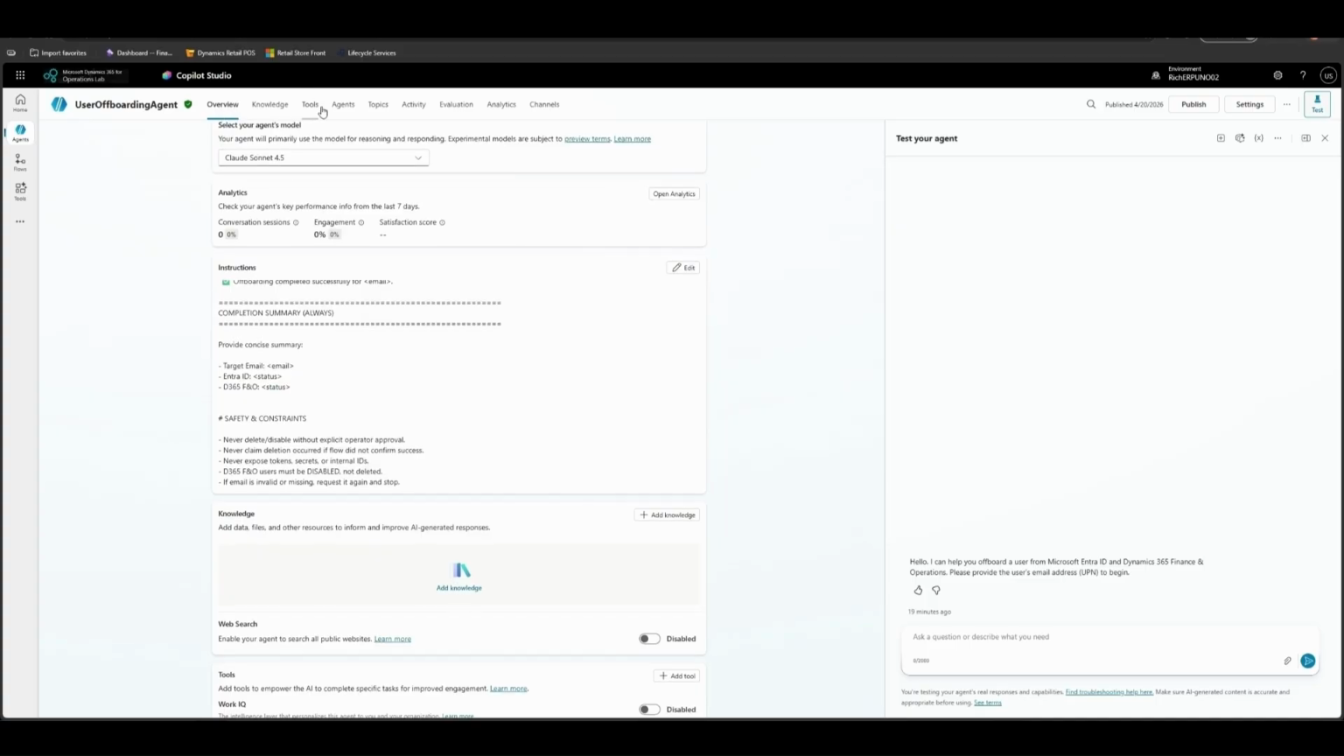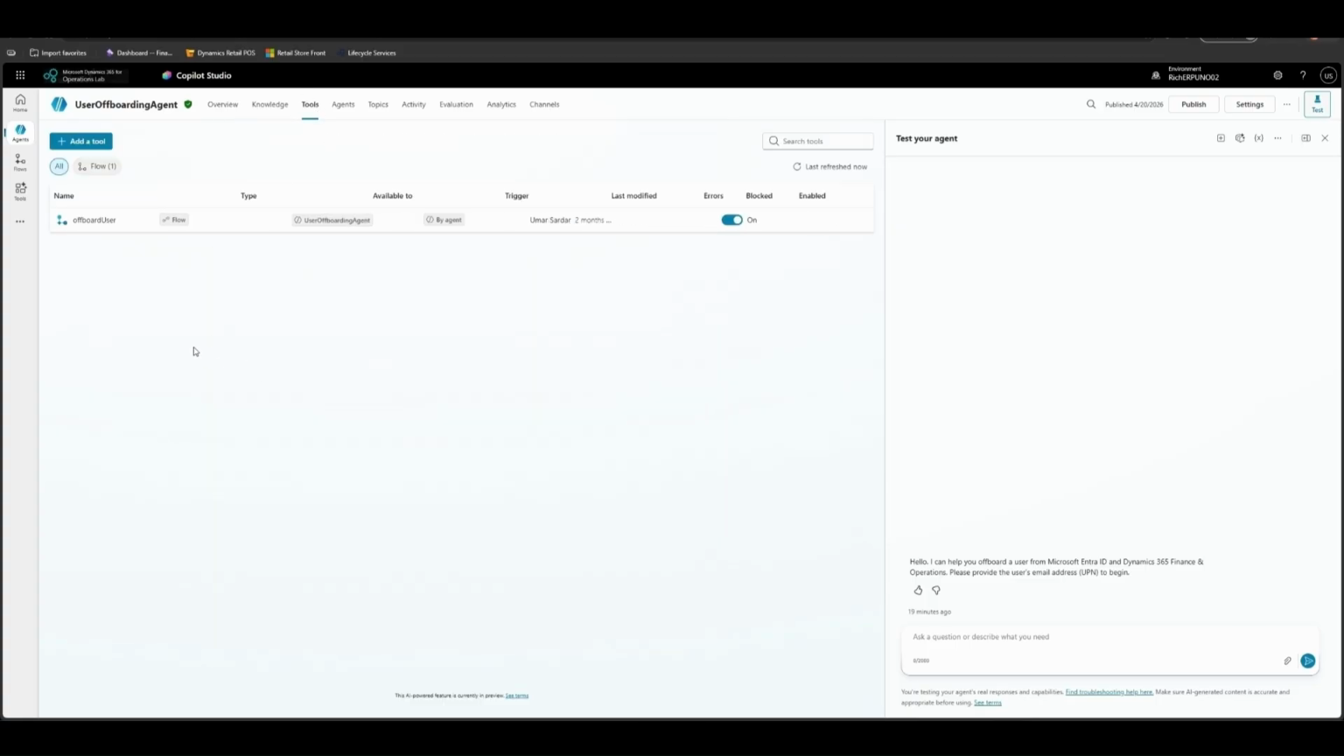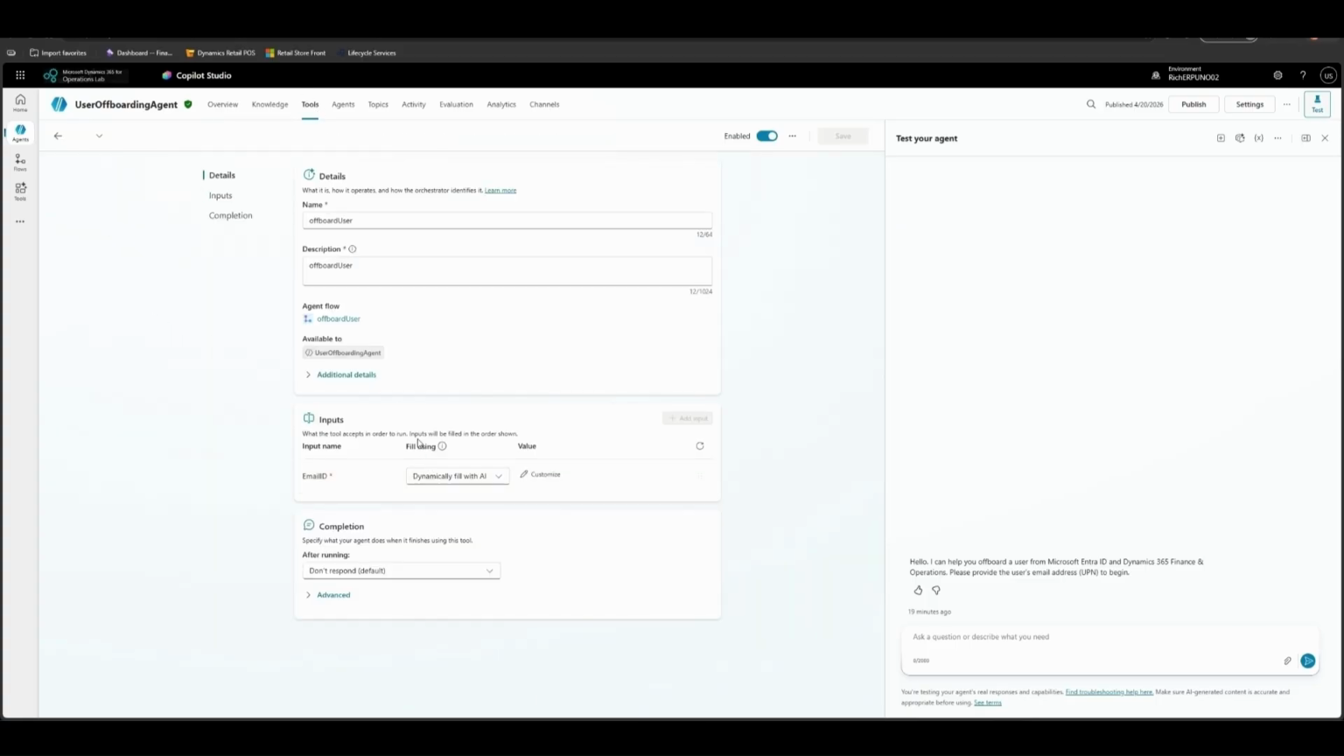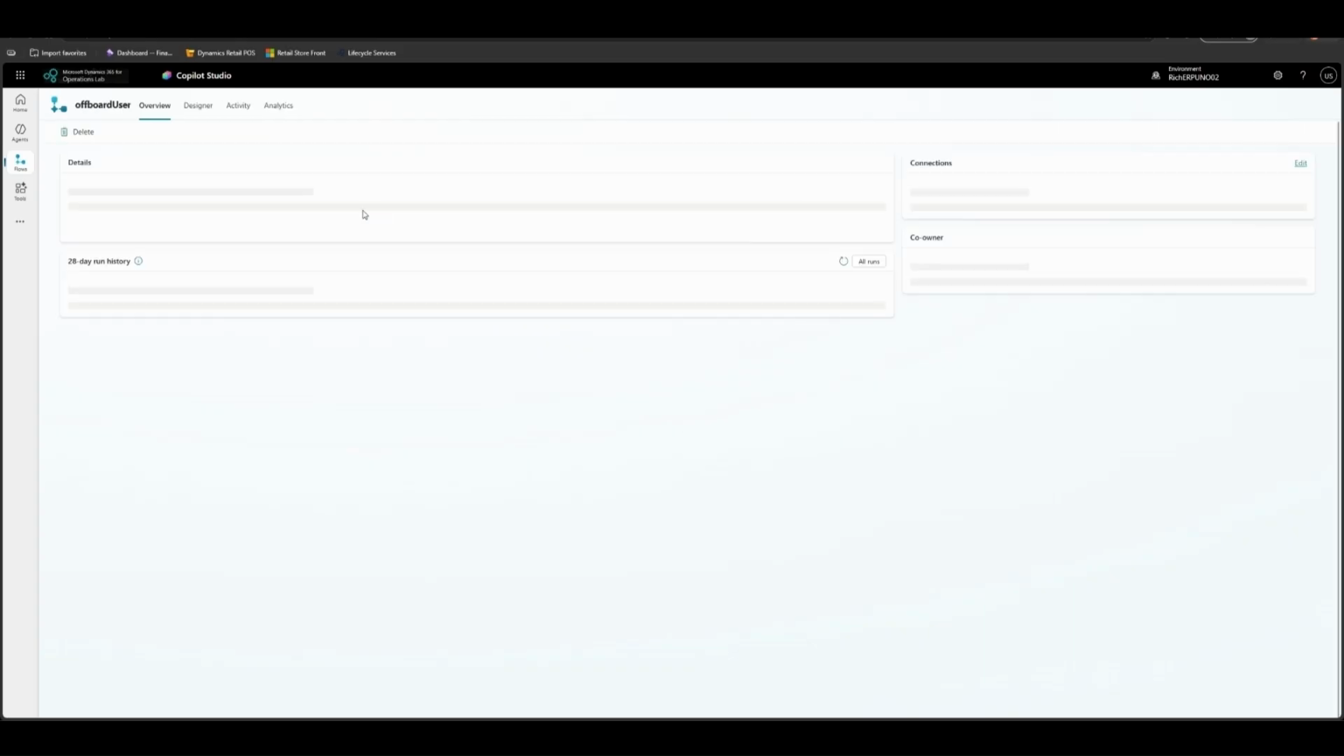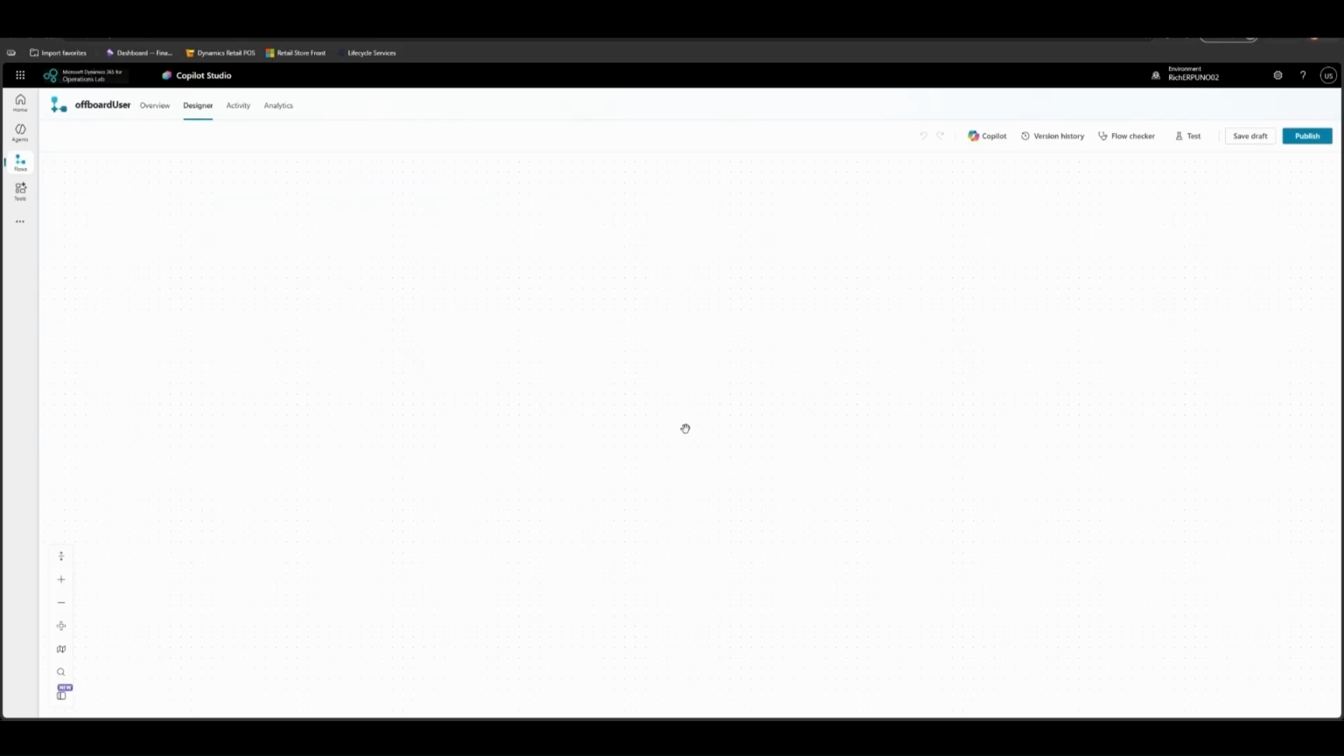Now, if I quickly go to the tools, it only has one Power Automate flow, which we are using for offboarding the user in this process. And let me open the details for it. And if I go to the designer,